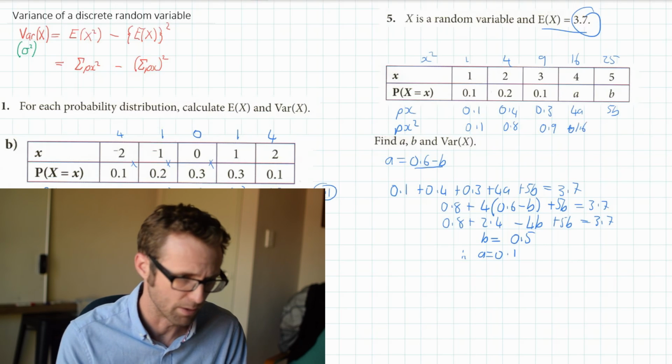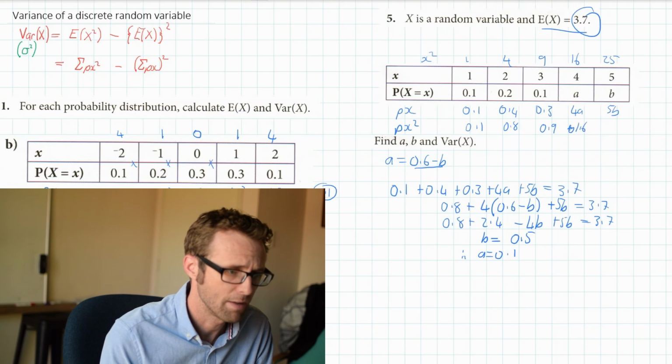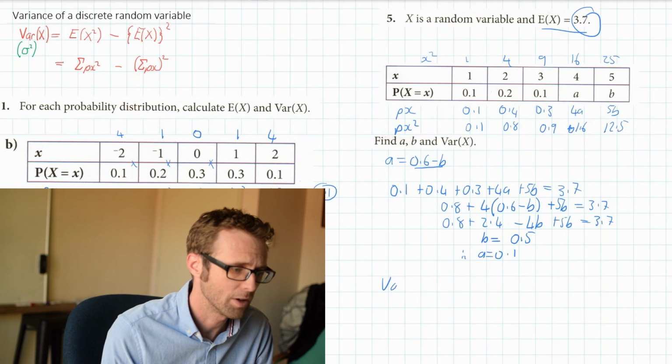So this will be 12.5. So var(x) is going to be equal to